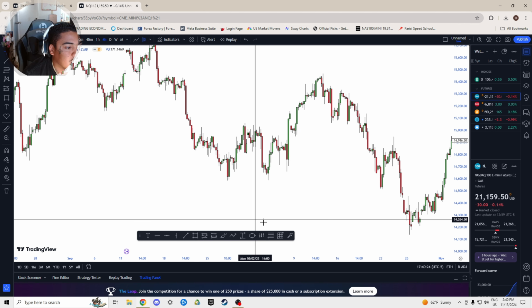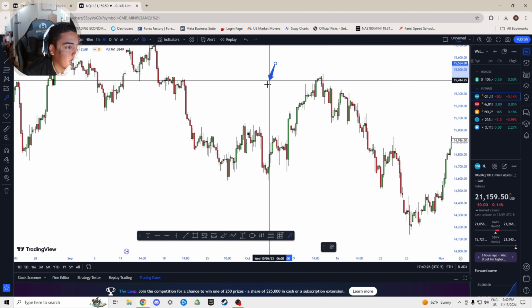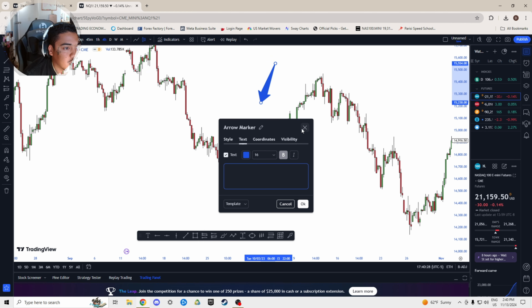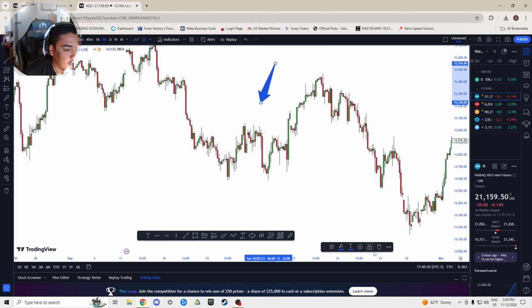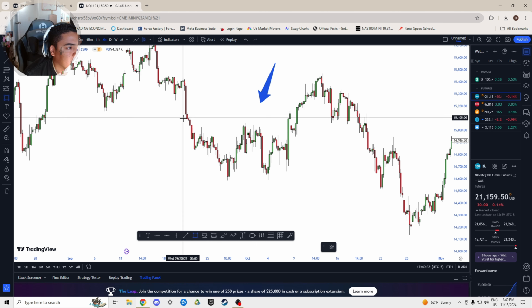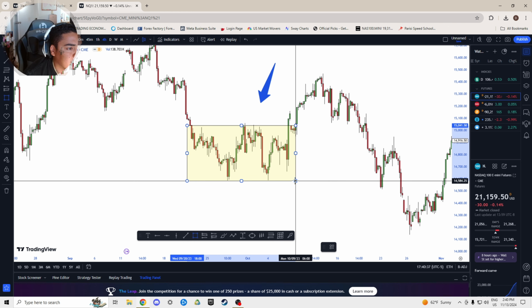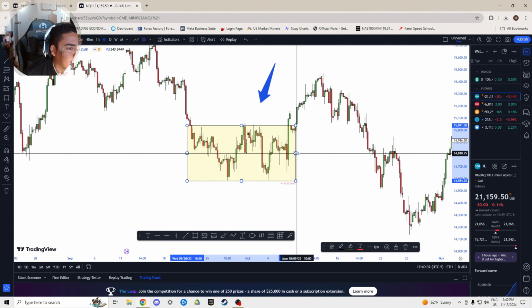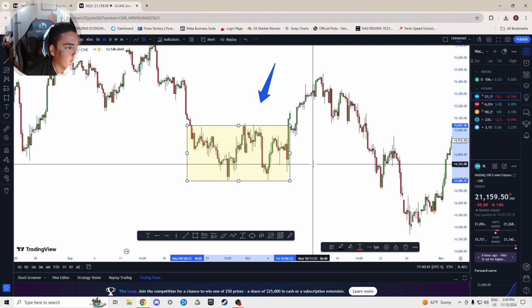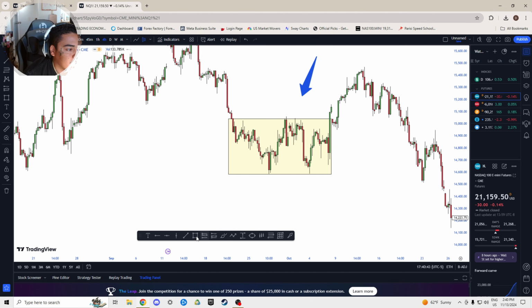Alright, now tell me, do y'all see what I see right here in this area? Now this one is what we're going to call a consolidation. Let me show y'all why. As you can see, price is just stuck in this box right here. All that box is consolidation, so you want to think about it as you got your floor right there, and